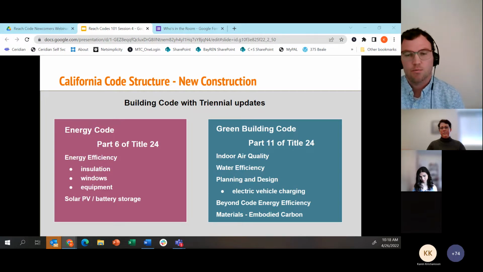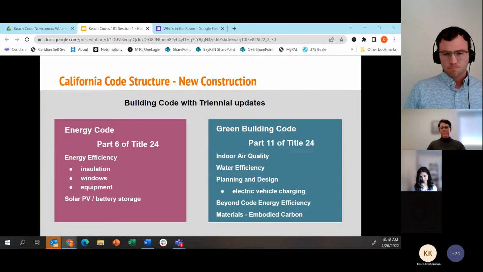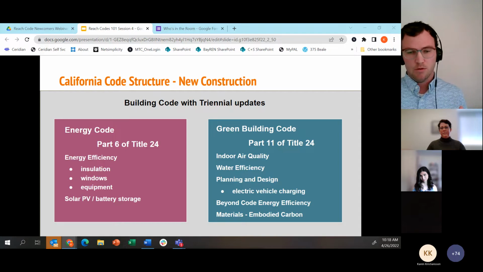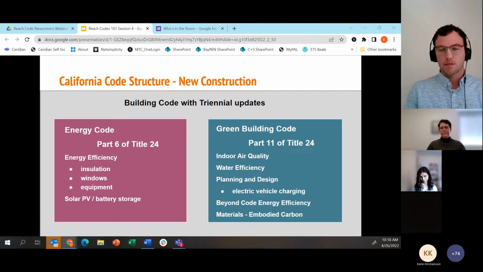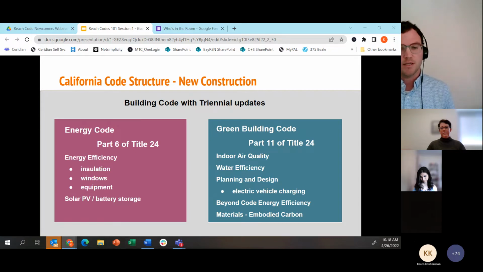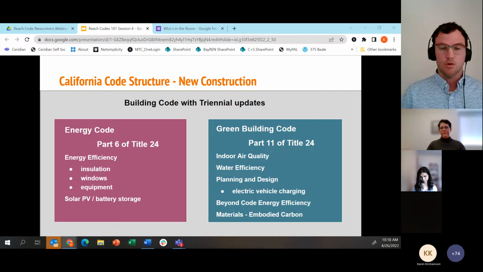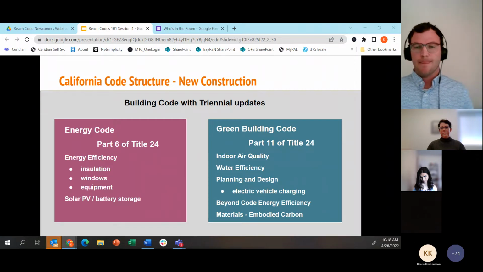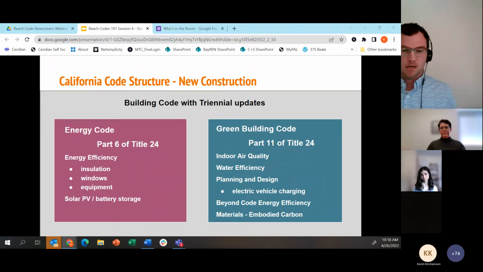And I wanted to note just briefly here regarding the 2022 update. There are some notable updates to the 2022 code that will affect local governments, thinking in terms of what type of measures they include in a reach code, or what they could include for 2022. Those are the fact that the 2022 code now encourages electric heat pump technologies in some cases.